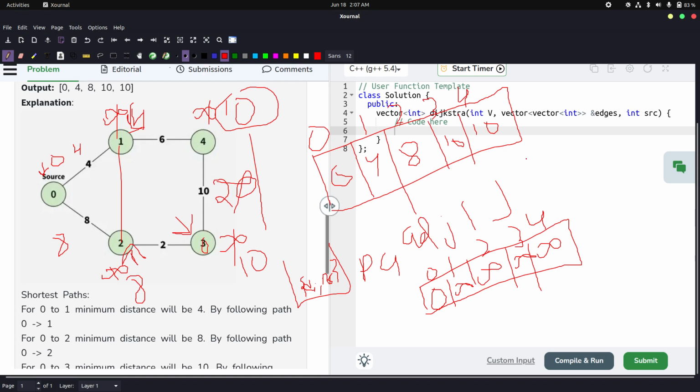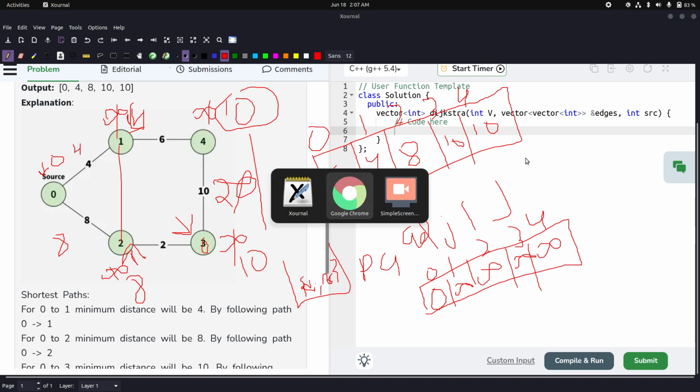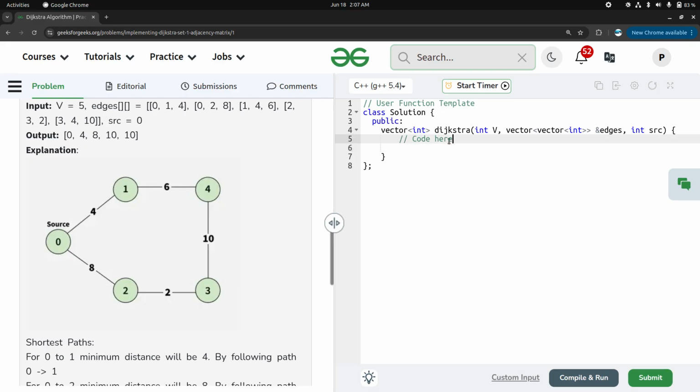Now let's try to code this, and then I'll explain everything. So first thing that we need is an adjacency list. Let's create one vector of vectors, and the adjacency list will contain the adjacent elements and the cost of the edge. Like it will contain the adjacency of 1 and the cost, that is 4. So we'll take the pair of int comma int,